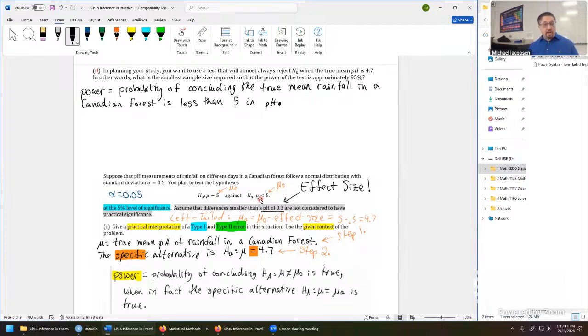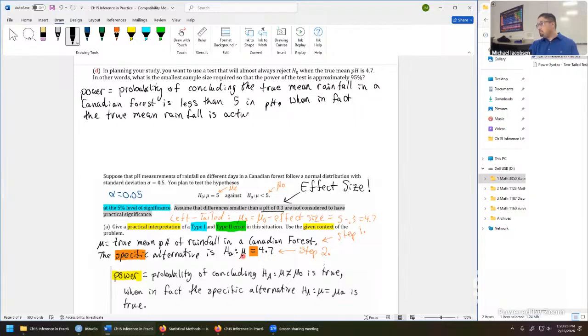All of our probabilities, type 1 error, type 2 error, and power are conditional probabilities. So we jump to this part, when in fact, the specific alternative is true. So read in, when in fact, instead of saying what the specific alternative is, we'll just write this in. So that's our specific alternative now, where the red dot is. We'll say the true mean rainfall is actually 4.7